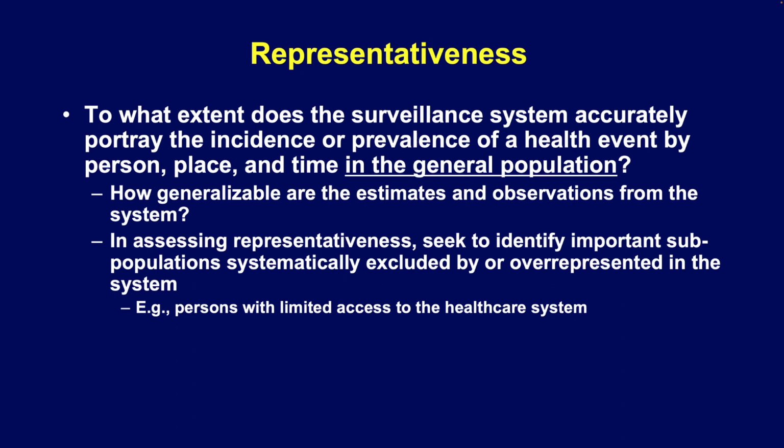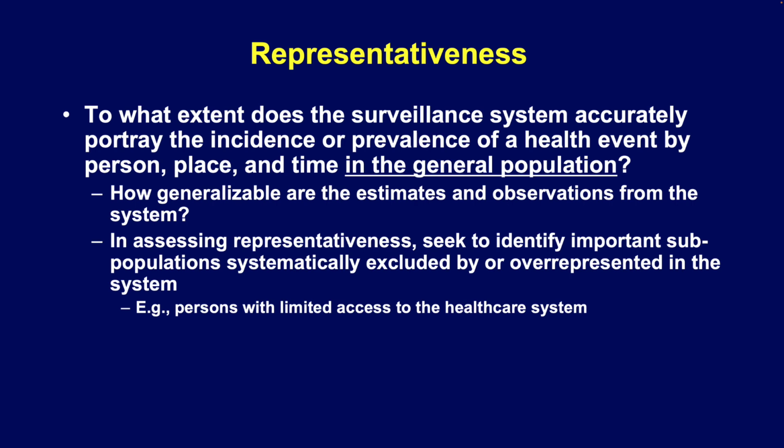Another important surveillance system attribute is its representativeness. To what extent does the surveillance system accurately portray the incidence or prevalence of a health event by person, place, and time in the general population or in the population that's under surveillance? Related, how generalizable are the estimates and observations from your surveillance system? When you assess representativeness,